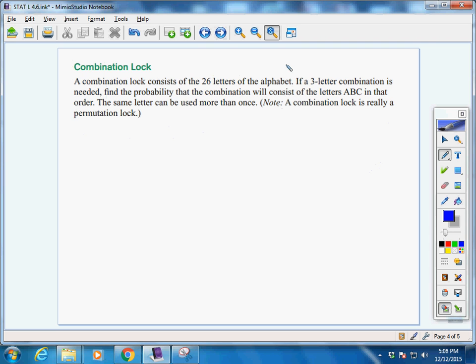A combination lock consists of 26 letters. Now we see combination lock and we think combinations. If you look at the very end here though, it says a combination lock is really a permutation lock. So whenever you're doing combinations, they're permutations. It consists of 26 letters of the alphabet, and you're taking a 3-letter combination. So for our first choice, we have 26 letters. For our second choice now, well, you'd think 25, except right here, the same letter can be used more than once. So actually, we have 26 choices for the second and 26 choices for the third. When you multiply all those together, it ends up being